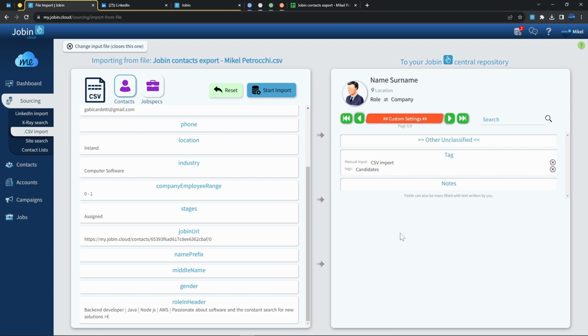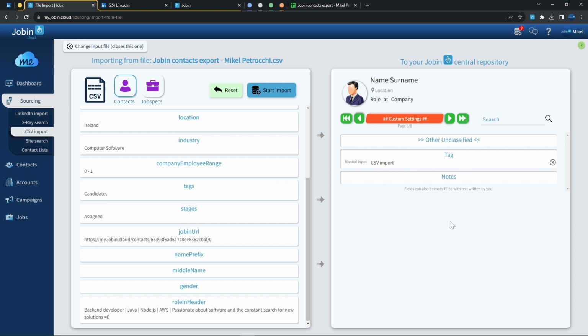So I can potentially have however many I want. But in this case, I only care about my manual input. So I'll remove the tags field from my CSV file. Once I've assigned all the fields that I'm interested in importing, all I need to do is press the Start